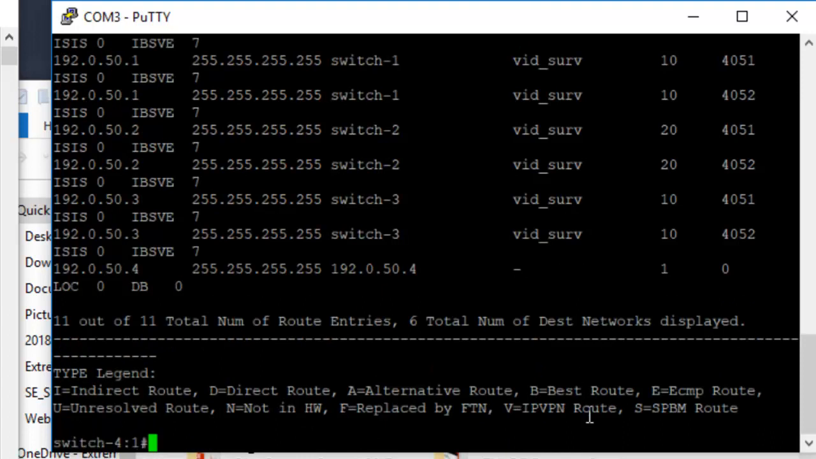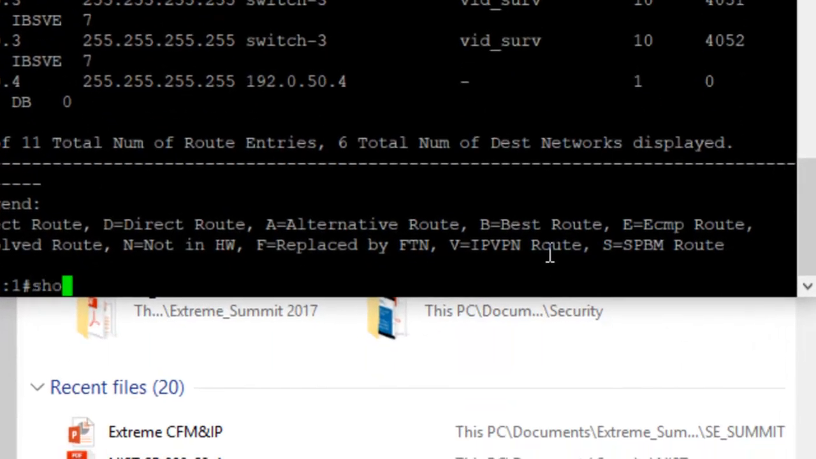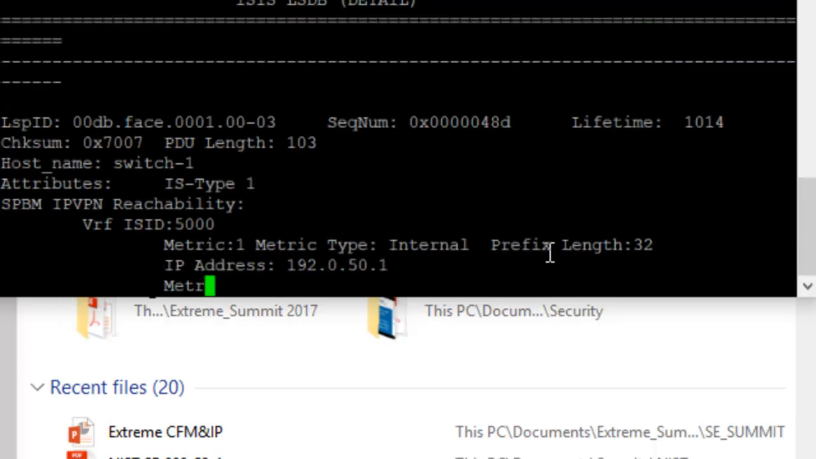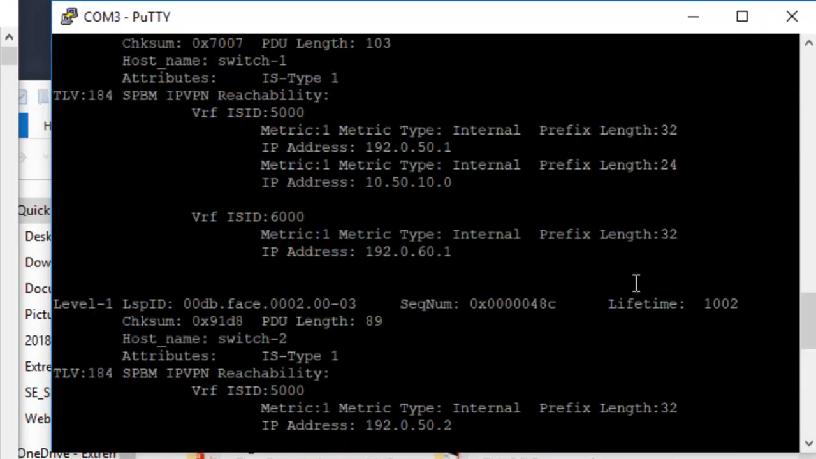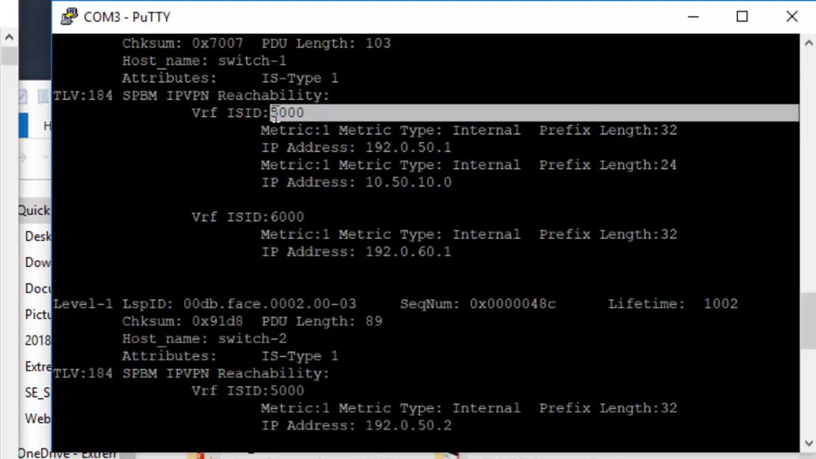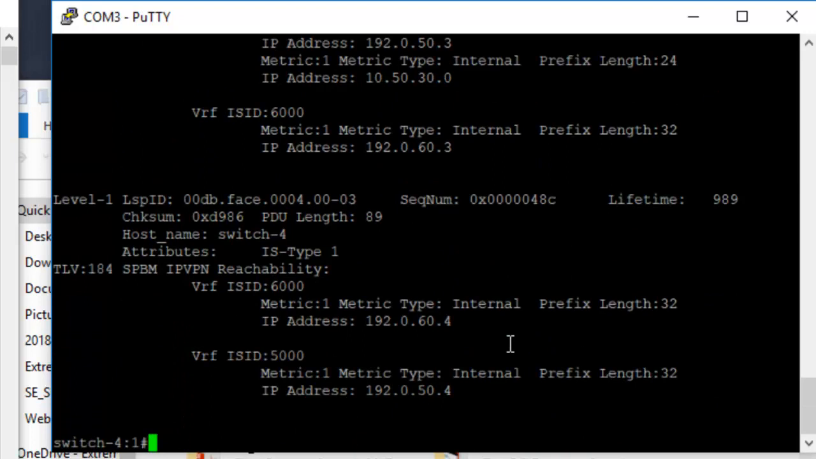But there's another way we can gain this information. We can do a show isis lsdb tlv 184, realizing that TLV 184 is the TLV that handles L3 VSNs, and we'll say we want a detail of that. And that gives us a different format of information, but still valuable. We can see that switch 1 is indeed holding 10.50.10.0, but we also validate the fact that the VRF ISID is ISID 5000. And we can go down below and see that we are off of switch number 3 as